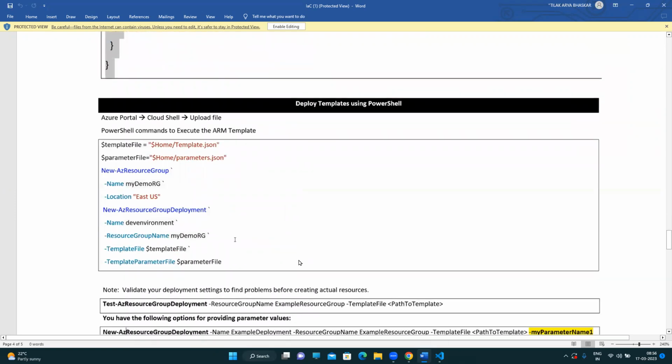So there are multiple ways to create these deployments now. Using PowerShell, we can deploy this. So what is the input for that? Just now, whatever we have created, parameters.json and template.json. These two are the input files to deploy those templates, basically, right? So the best way to use is go to your